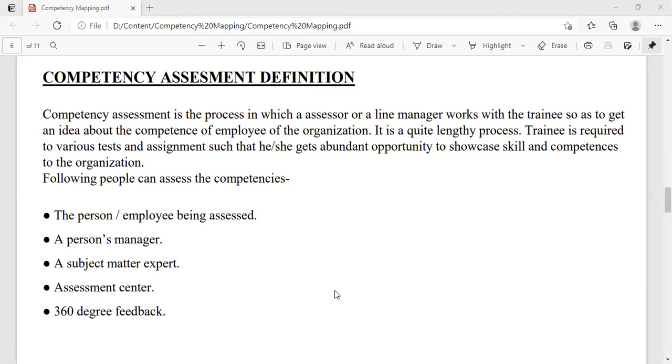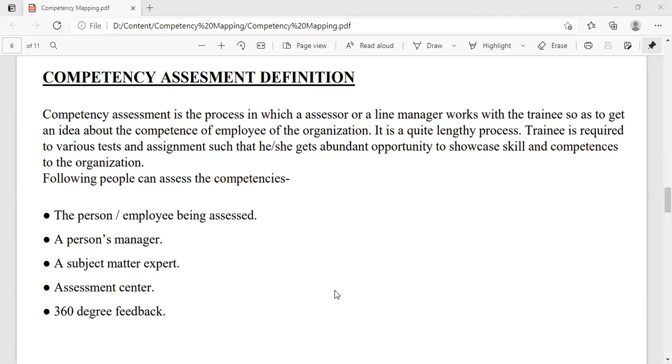How is this person performing? Your psychometric only tells about the potential, what this person can do, but assessment center is used to assess what this person is doing.